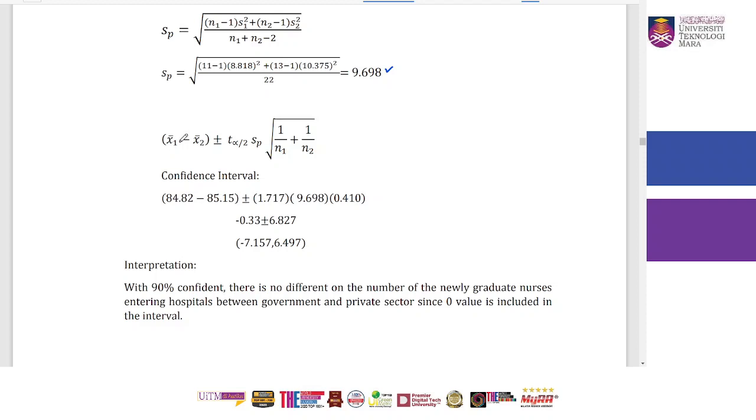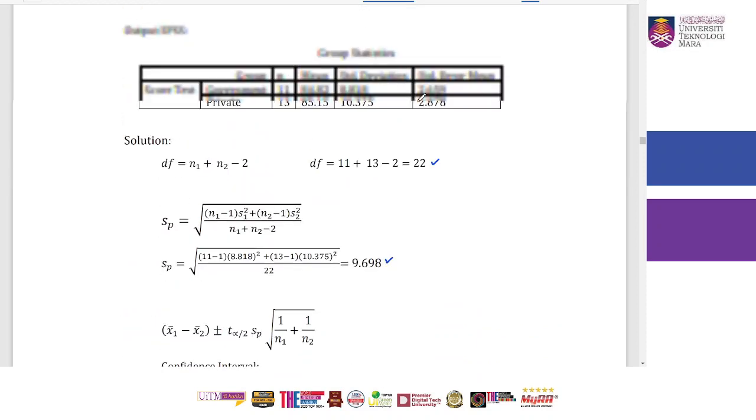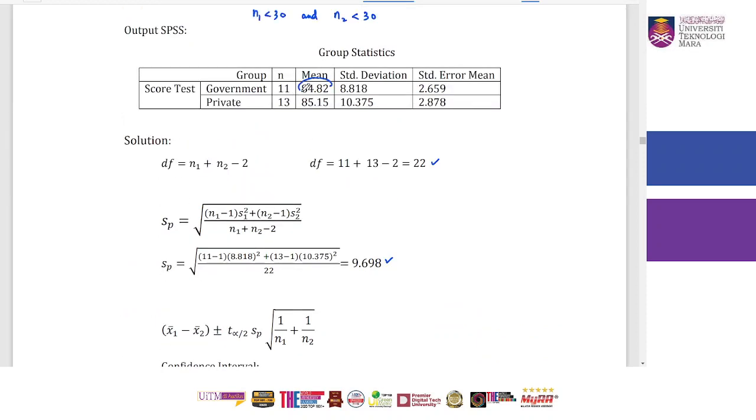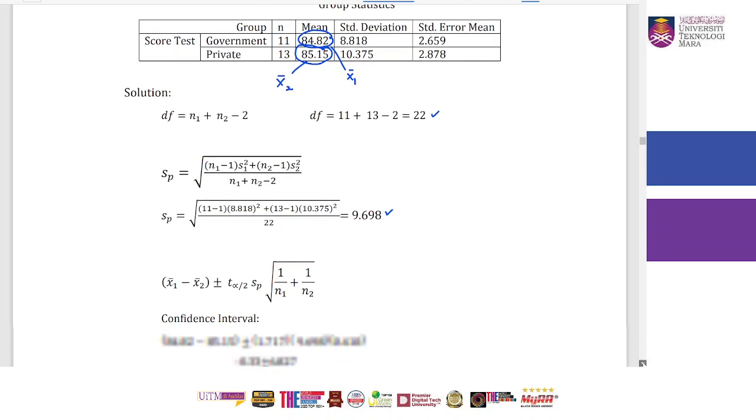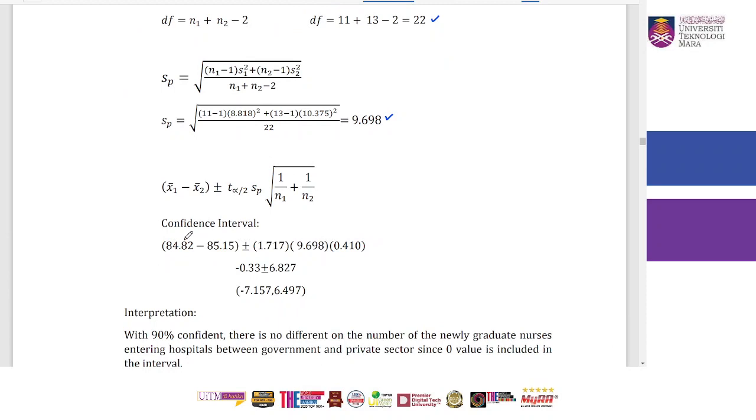So here, for x1 bar minus x2 bar, we'll just take the mean values. Earlier, our means were these two values, 84.82 and this one. This will be x bar 1 and this will be x bar 2. So x bar 1 minus x bar 2 is 84.82 minus 85.15, and then Sp is 9.698, and the square root of 1 over n1 plus 1 over n2,